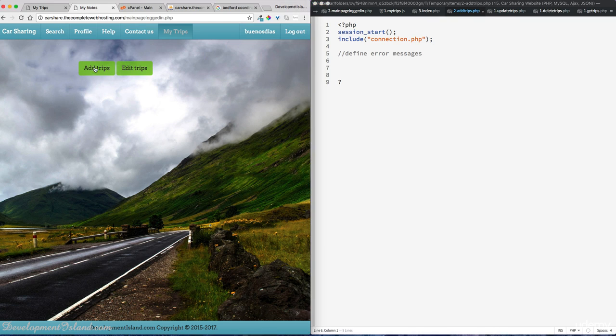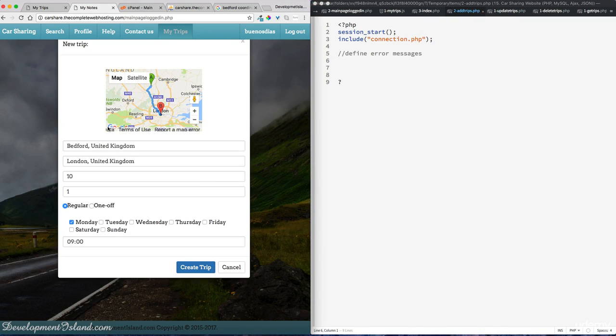Okay, so first, as usual, I'm going to define all the error messages. So the possible error messages that we're going to potentially get here are going to be something like missing departure or invalid departure. Okay, so you're going to get an invalid departure if the departure is there but the coordinates are not there, okay, because the status of the geocoder request has failed. All right, we're going to have similarly a missing destination or invalid destination, missing price or invalid price if we have something other than digits,